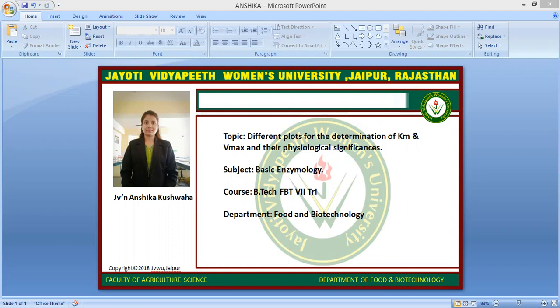catalyzed and vice versa. Km value indicates the lowest concentration of the substrate S the enzyme can recognize before reaction catalysis can occur. Km value is also used as a measure of the substrate concentration when the reaction rate is half of the maximum velocity, 50%. That is Km is equal to [S] at half Vmax. An enzyme's Km describes the substrate concentration at which half the enzyme's active sites are occupied by substrate.